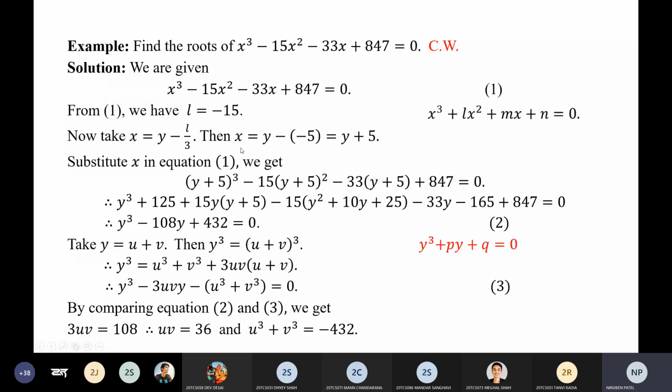So we will substitute this x into the equation. Not the given equation, but whatever you find after dividing, substitute into that. And by doing this, you will have a cubic equation without any power 2 term. We will compare this with the standard equation, and by this comparison you will find the multiplication of two roots and the addition of two roots. Is it okay, beta?